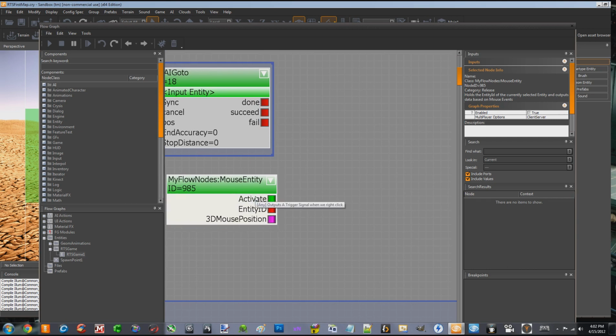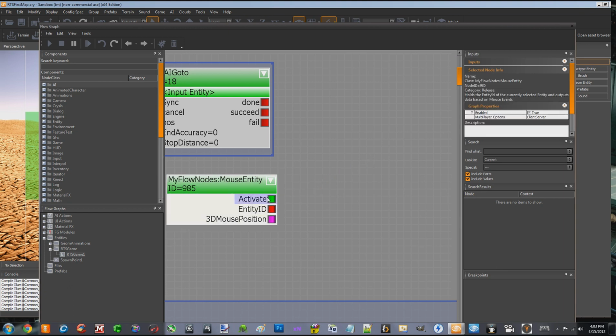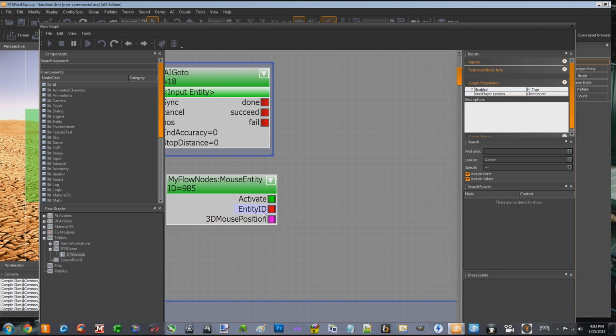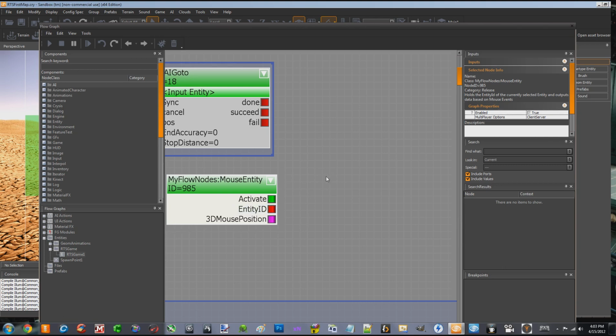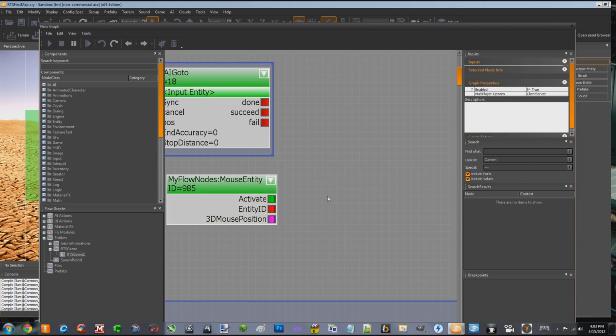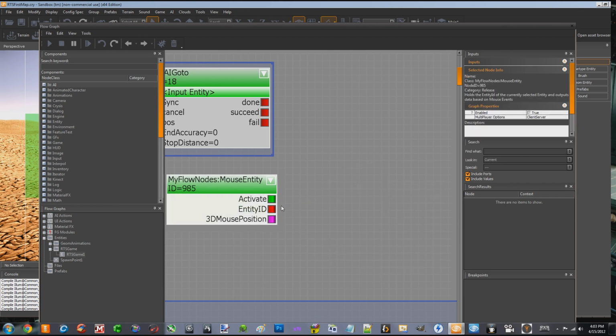So let's hover over activate. Outputs a trigger signal when we right click. So when we right click, remember we told it to activate this, right? And we told it to, when we left click, output the entity ID. And also when we right click, output the entity ID, because there were some issues with that. When you told the AI to go somewhere and you didn't interrupt them and they actually reached their destination, if you try to right click again, expecting that he's going to move there, he won't. Because the AI GoTo node basically deletes the entity ID after it's actually reached its destination. So when we right click to tell it to go somewhere else, we just make sure we re-output that entity